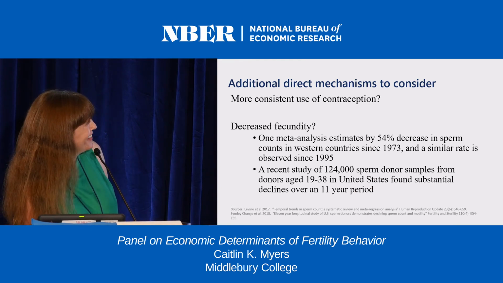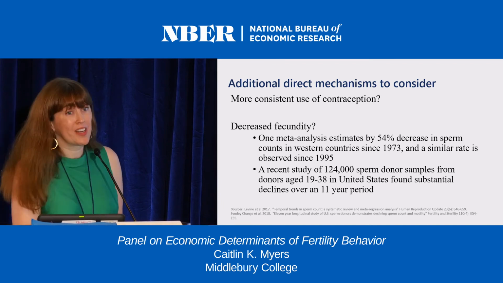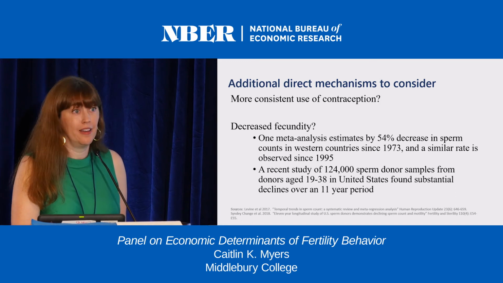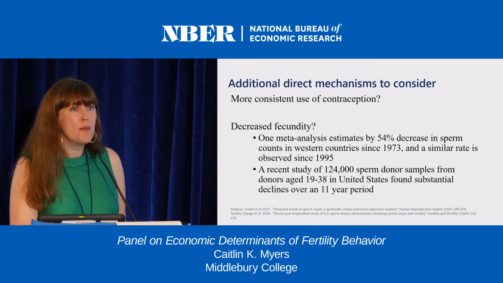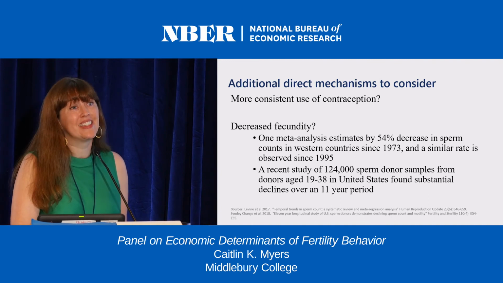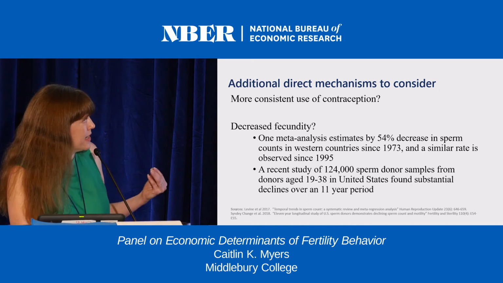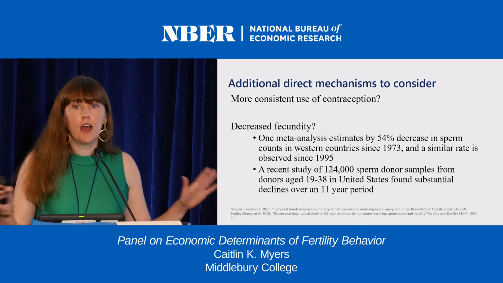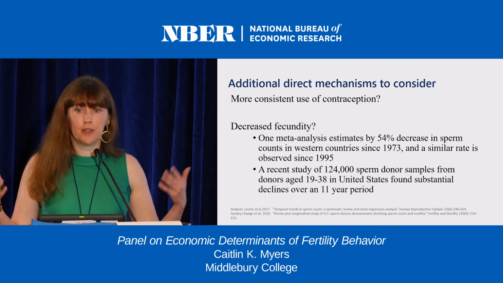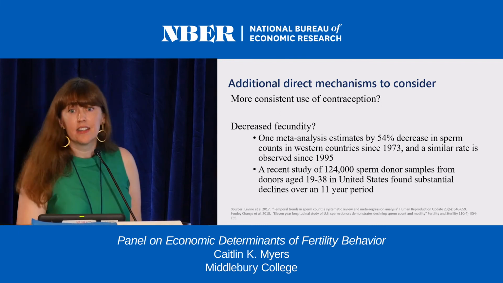The other thing that could be happening is that women could be using contraceptive methods more consistently. Now, LARC methods and sterilization are virtually error-proof. But if women are taking the pill more consistently, it's also possible that what we're seeing is a decrease in the typical use failure rates for some methods, and that's what's going on that I'm not picking up in my calculations. But the other wild conjecture that I'll throw out there, that might not be that wild, but let's talk disruptors. Could there be something else going on? It's possible that fecundity is declining.